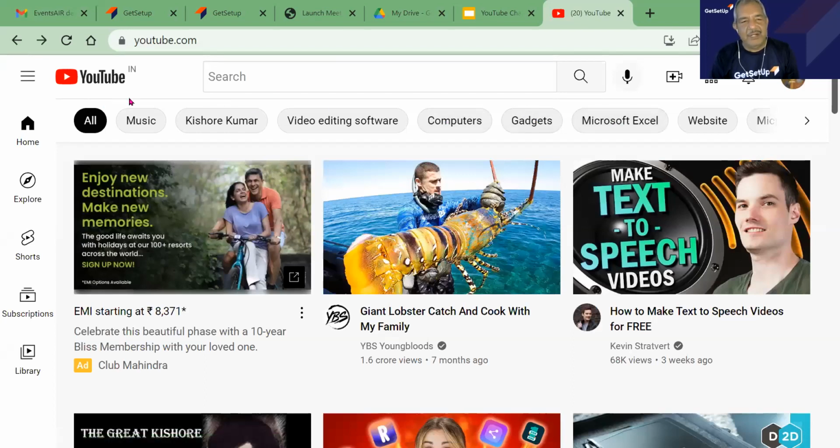Okay, now this is the home screen. At the top, on the extreme left-hand side of my screen, you'll see the three bars, the navigation menu. Then you'll see YouTube IN, the search bar, the voice search option, and then this projector with the plus sign. A plus sign on most Google applications means create or something new.